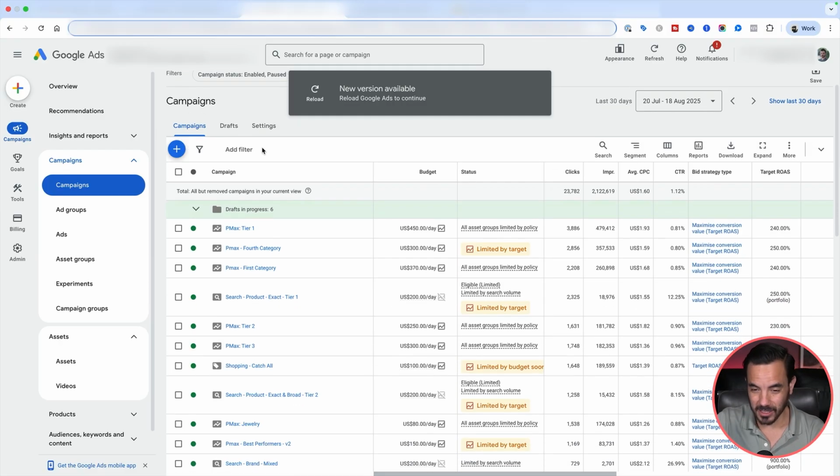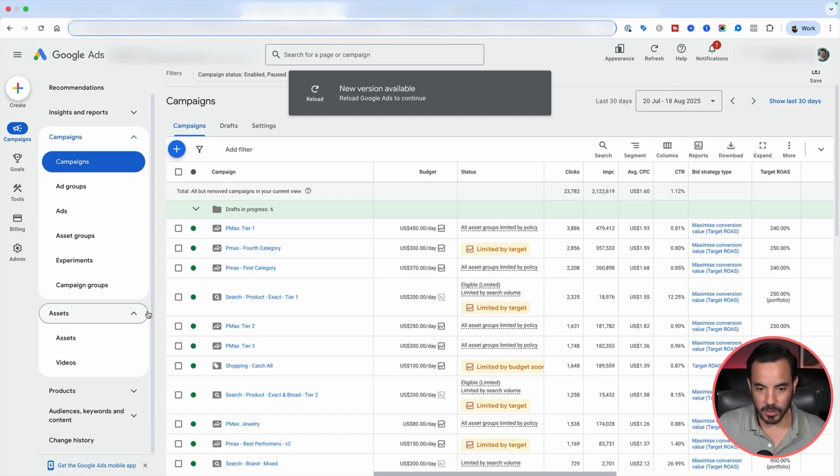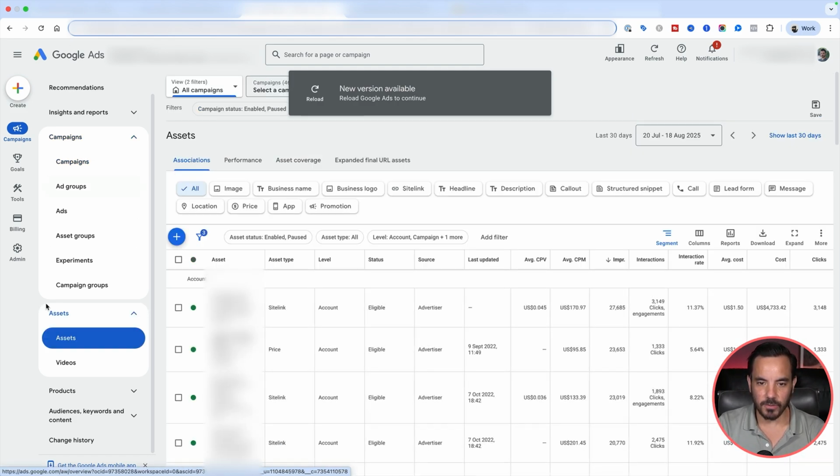It's getting a bit confusing these days because now you have Performance Max that has asset groups, and then some of the text and video ads that we put in our normal campaigns are now called assets as well. But when I'm talking about assets here, I'm talking about what used to be called ad extensions, and they can be found here. So if you're in Google Ads, you click over to the left-hand sidebar under assets,